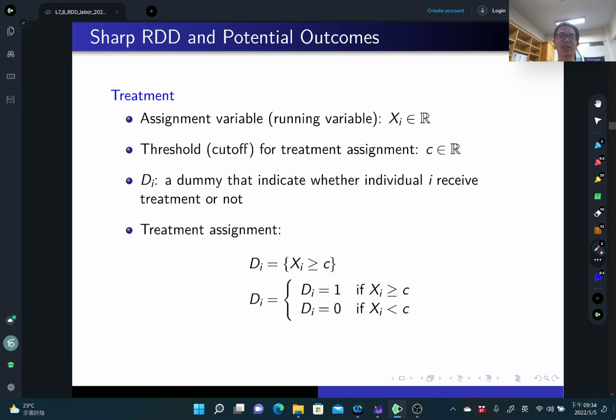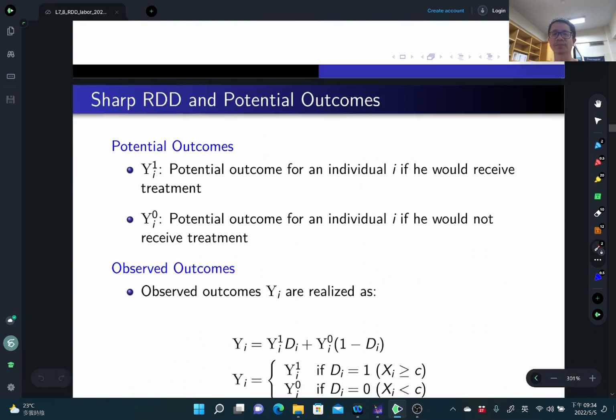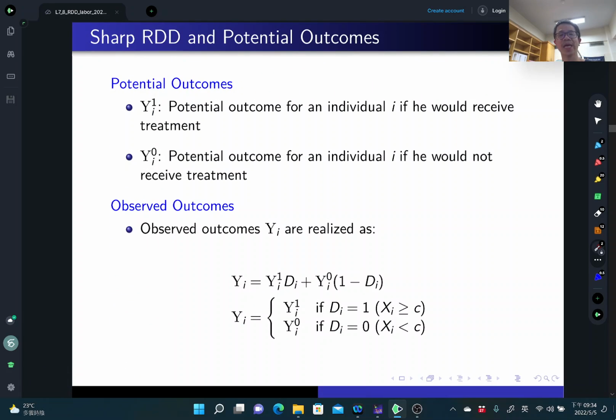So here the treatment is legal access to alcohol. Okay. So in RD design, whether you get the treatment or not is determined by whether the assignment variable is above or below the cutoff. So, depending on whether you get the treatment or not,